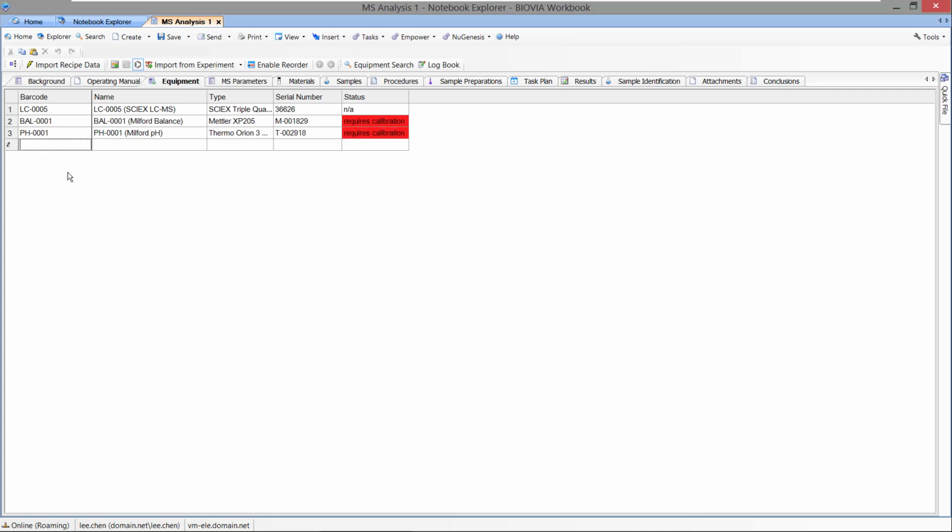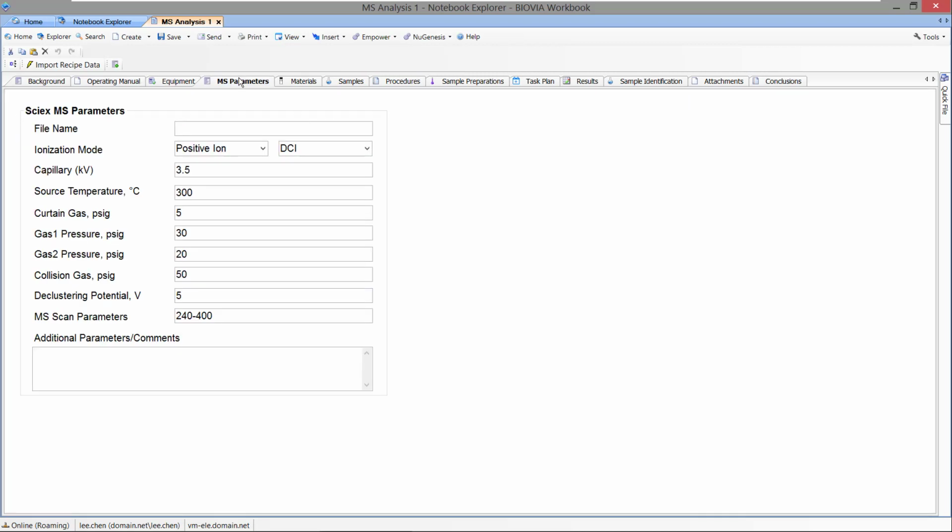I see that having identified the balance and the pH meter that I intend to use, the system is warning me that these 2 pieces of equipment need calibration. So I know that I have to go ahead and calibrate these before use. I have documented my mass spec parameters,